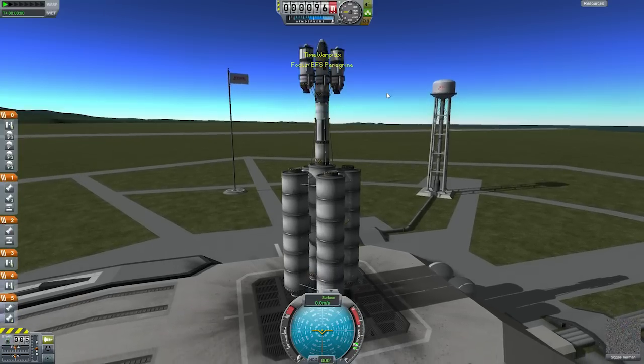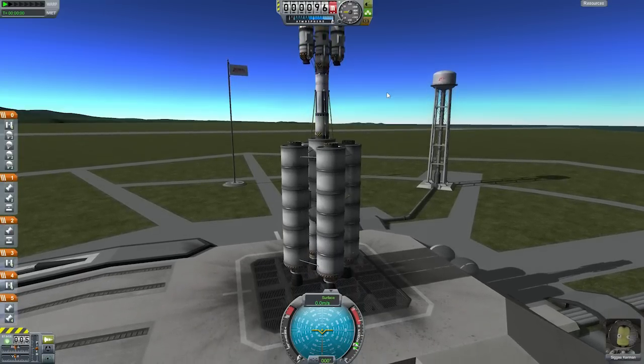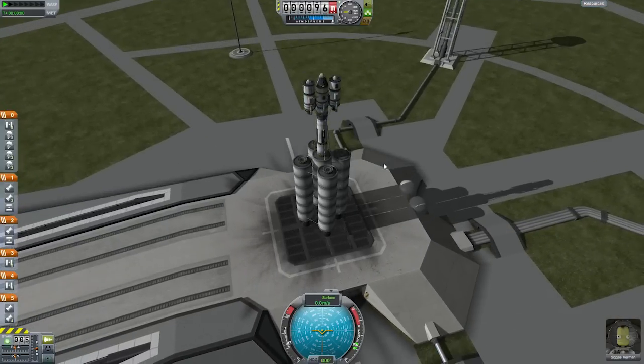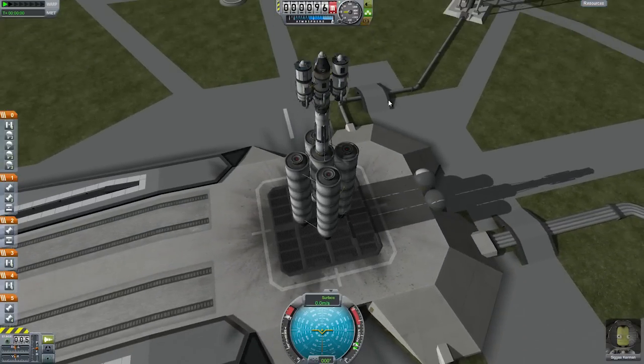And where are we going, you might ask? We are going to Minmus. Because it has the lowest delta V requirement of all celestial bodies, and I don't know the delta V in this rocket, so we're going to punch that up to speed quickly, and then hopefully I can recover and retrieve